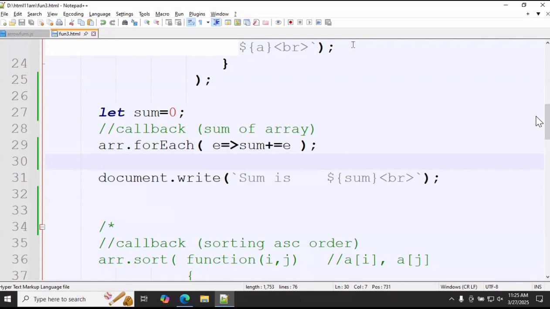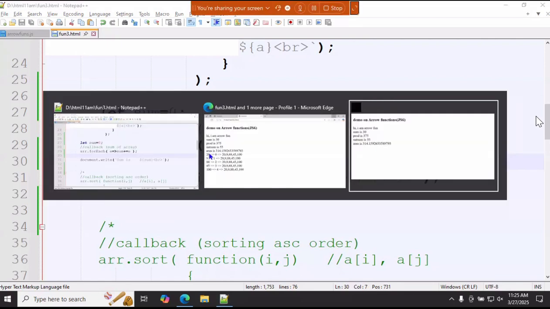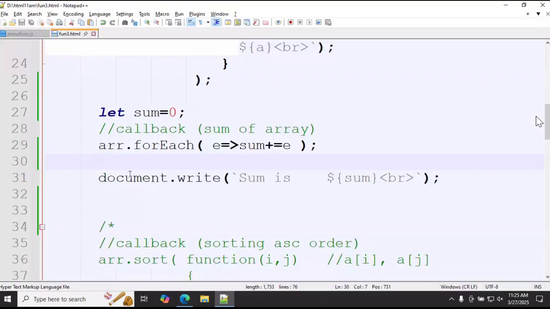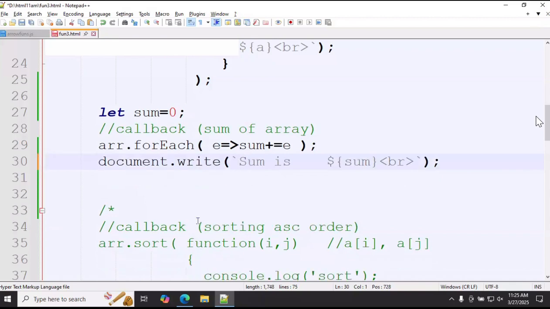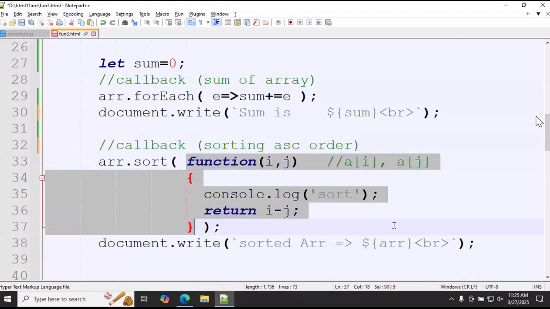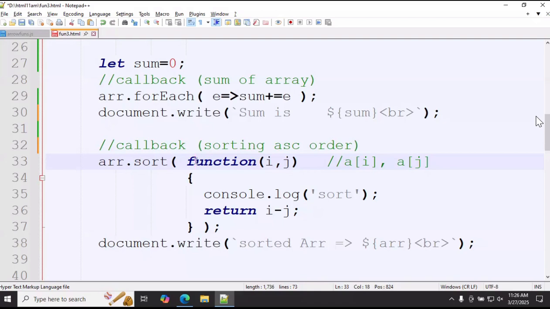So check this one also. This is the sum of the array. Next, boys, what are the changes required here? This is an expression replaced with an arrow. What are the changes? Remove the function. Next, the arrow operator. Next,